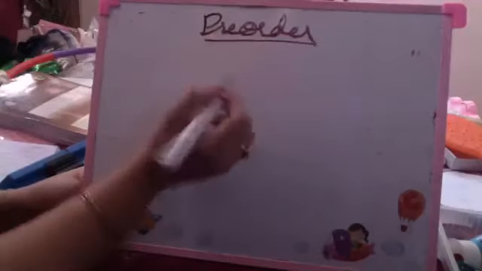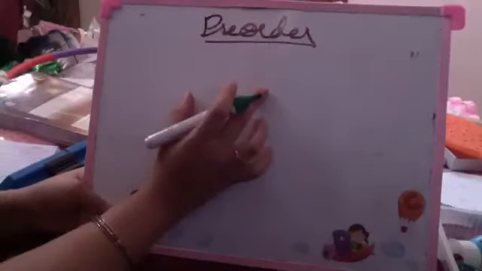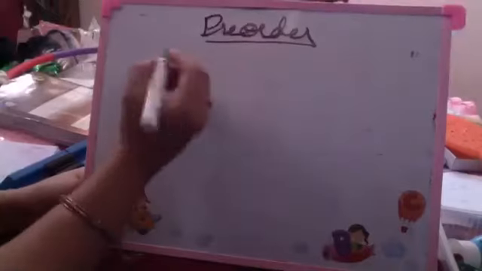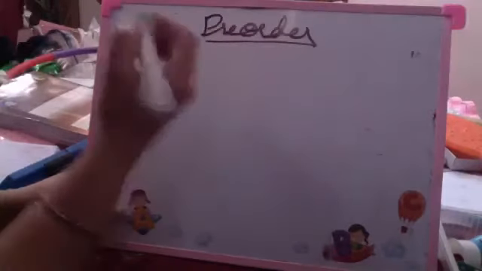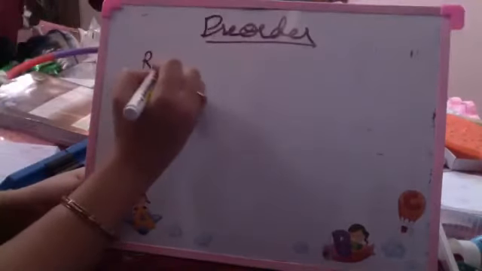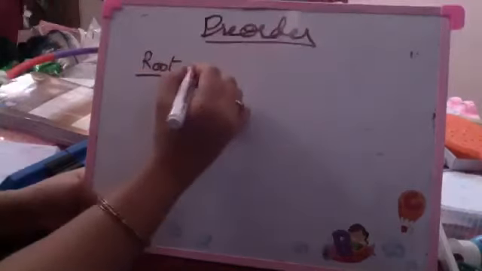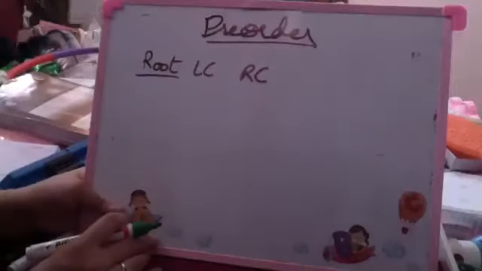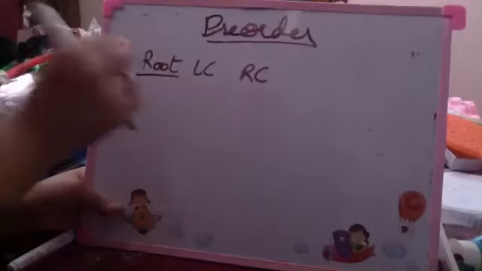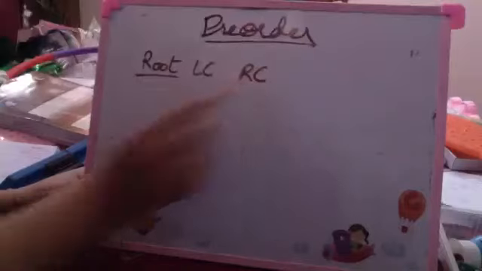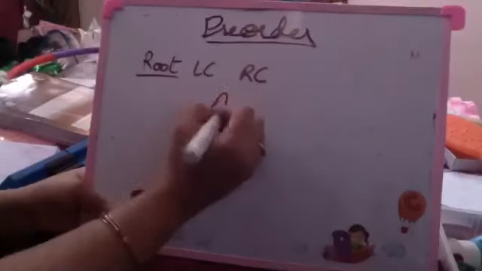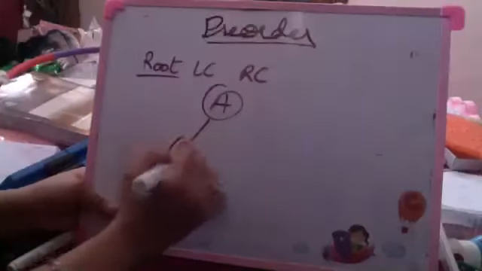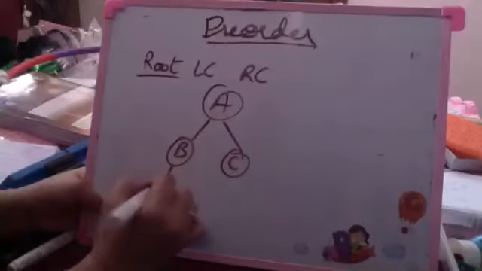Pre-order, in-order, post-order. This is the order of the root. There is a left child, there is a right child, and there is a root. If I keep the root previously to the left and the right child, that is called pre-order traversal. I read the tree with root, left child, right child. This is the pre-order traversal. Just for example, if I have a tree like this,